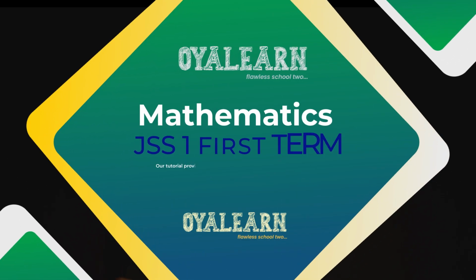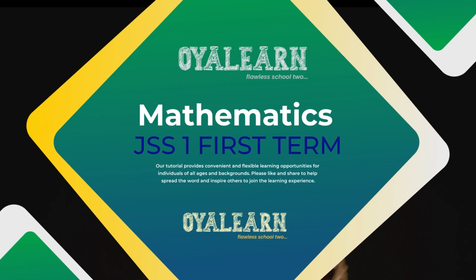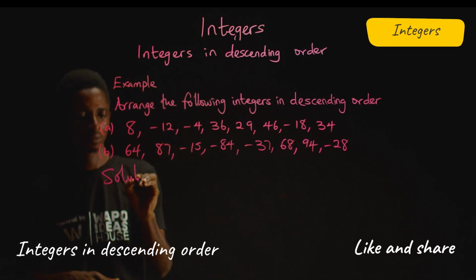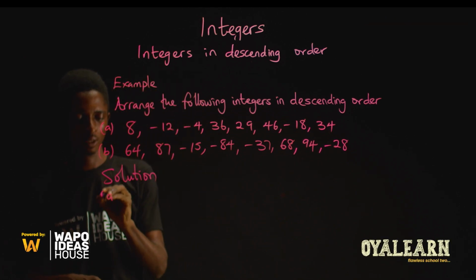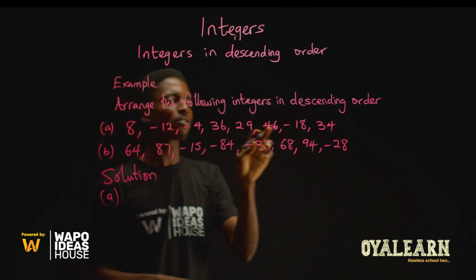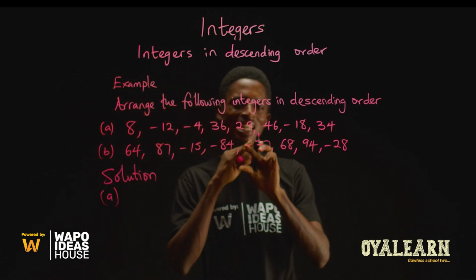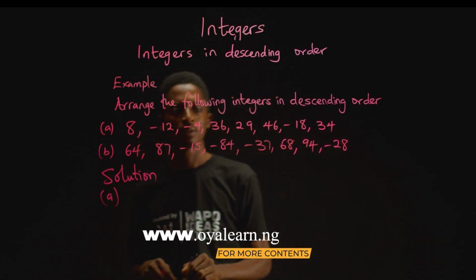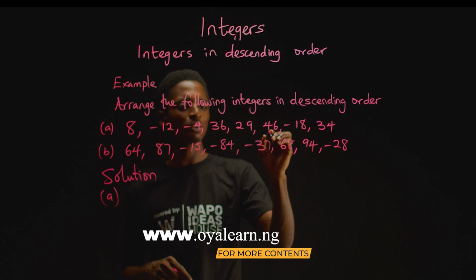Let us arrange the following integers in descending order. Solution. We start by writing down the number that has the highest value of this group of numbers in A. And the number with the highest value is